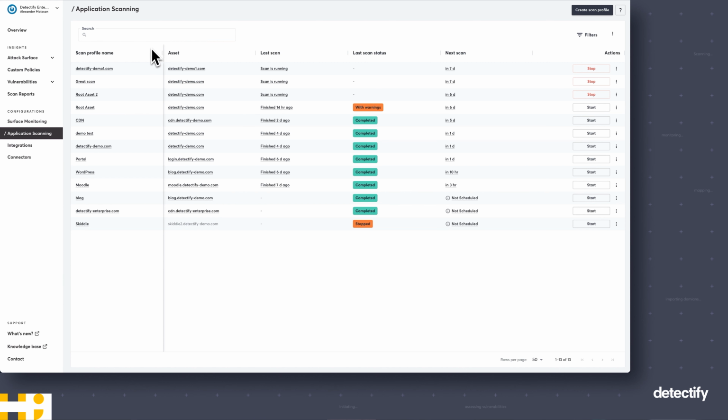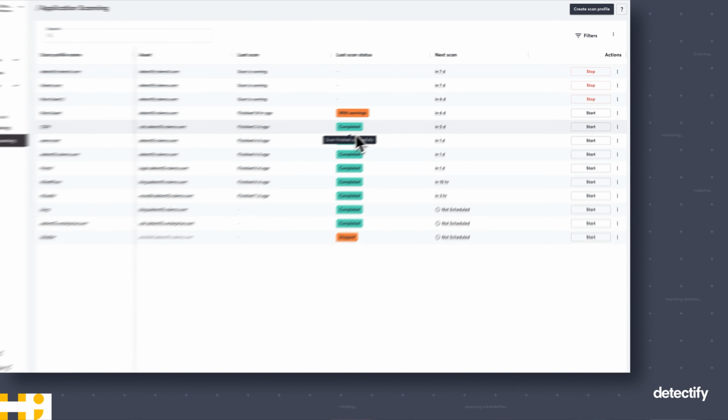Let me walk through this table, what you can see. So in the first column is the scan profile name that you've given. If you don't put anything in that input field, it will have the same name as the endpoint that it's scanning. The asset will point to its root asset that the scan belongs to. The last scan will signify when it was last run or if it's currently running. And the scan status column will either show a complete tag,